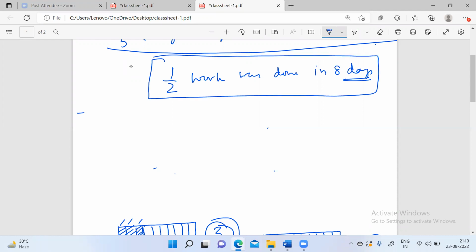How much time will I take to do the complete job? 16 days. कैसे बताया तुमने? सर आधा काम 8 दिन में हुआ है तो पूरा काम, मतलब total 1 whole, 16 में होगा।